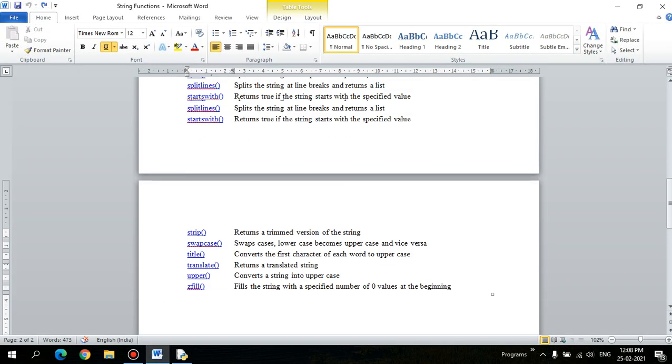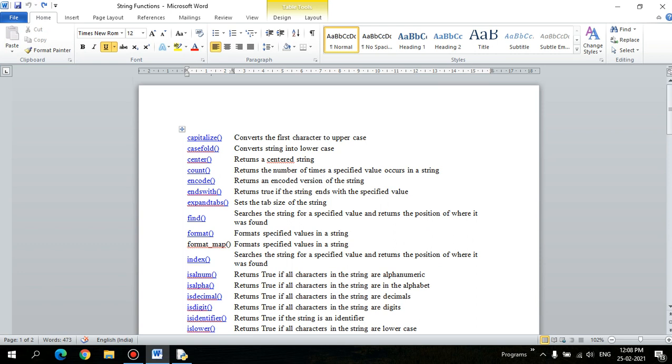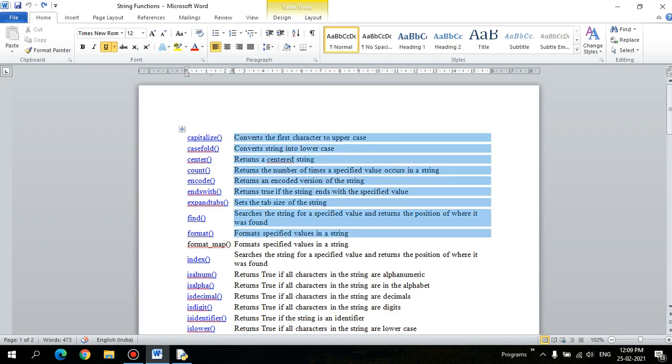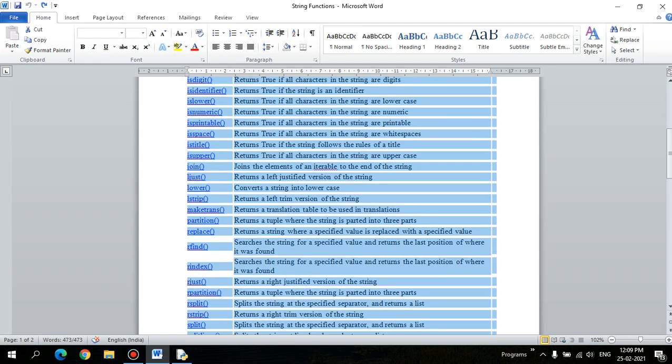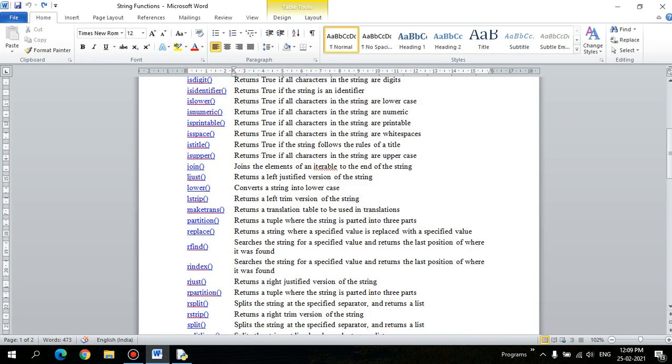So these are all the supporting functions of string, and using these functions you are able to manipulate a lot of things in your string. And as I said, a string is not mutable, right. It returns new values, and you can do all the manipulations with the newly returned values, but nothing can be done to your original string, right.